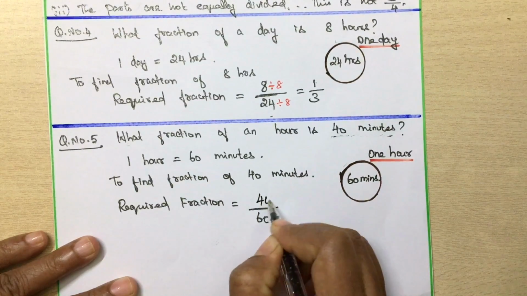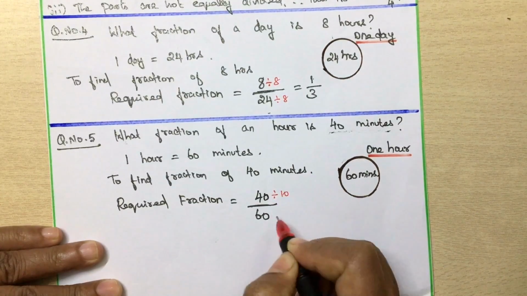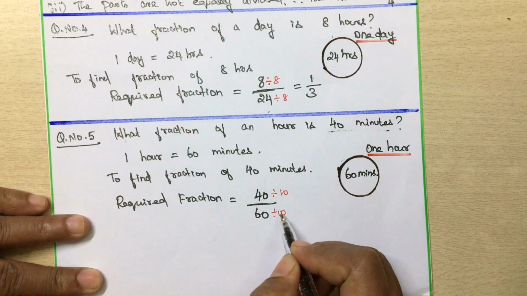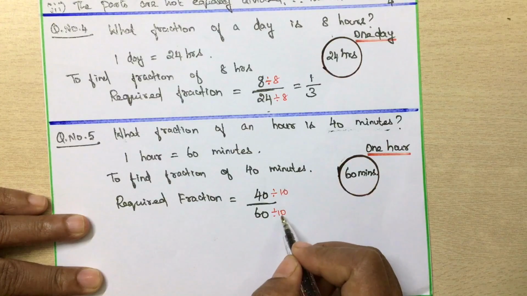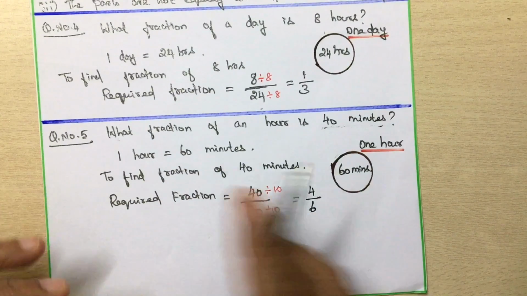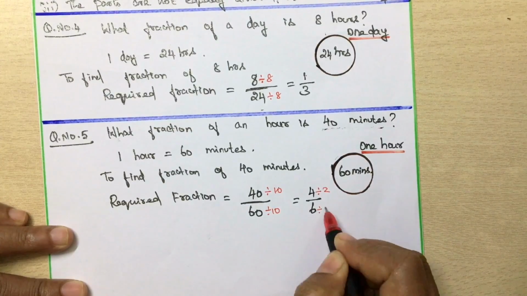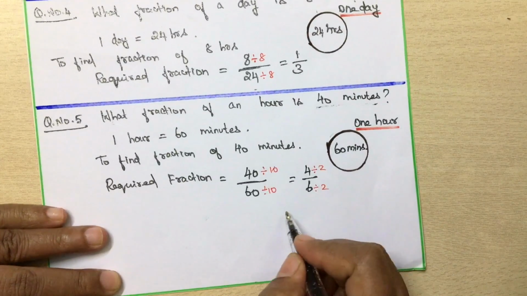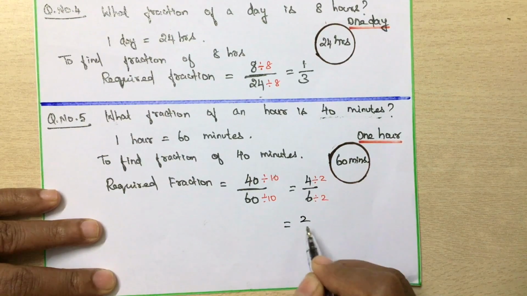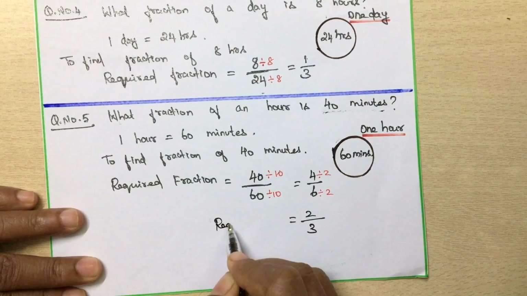Here this is 40. Now always try to simplify the given fraction. So you can divide it by 10 and divide it by 10. So always remember you have to use same numbers for both numerator and also for denominator, which is 40 divided by 10 is 4 by 6. So you can do directly. Again you can simplify this further, divide it by 2 and divide it by 2. So therefore when you divide it by 2, we can get the numerator as 4 divided by 2 is 2 by 3. You can't simplify this further. So this is the required fraction.